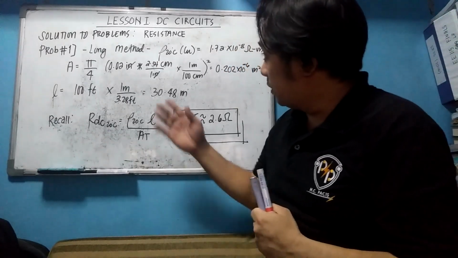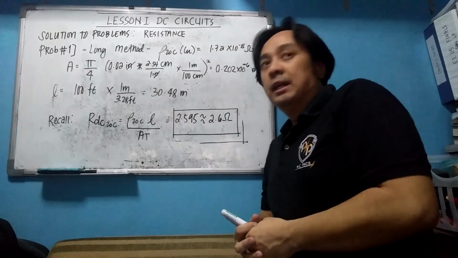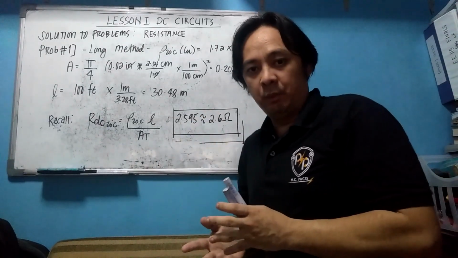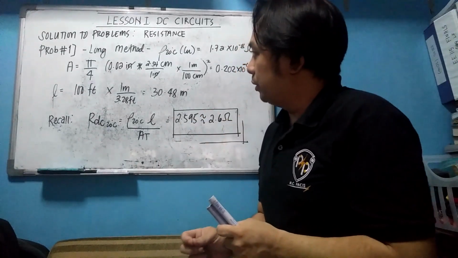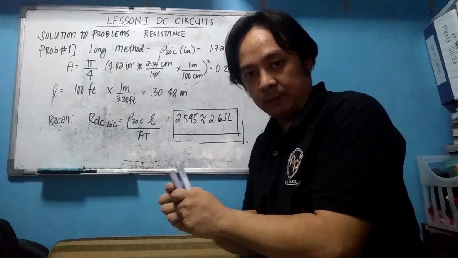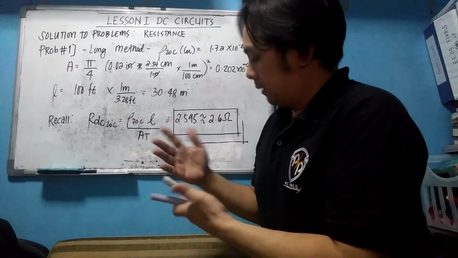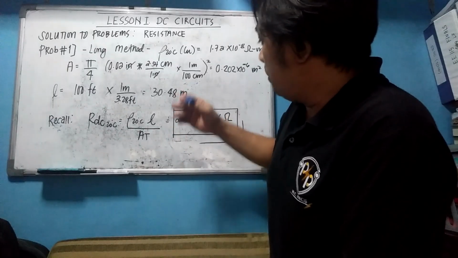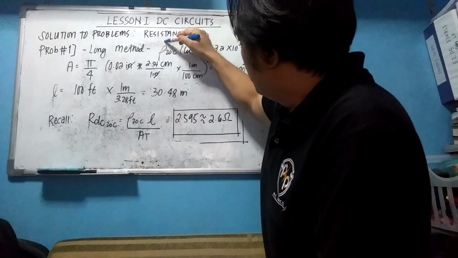Okay, so the solution will be this. In this problem we have two possible solutions. The first solution is a long method, and the second solution is the shortcut method. Let's have the first method, the long method. The long method has a solution in terms of